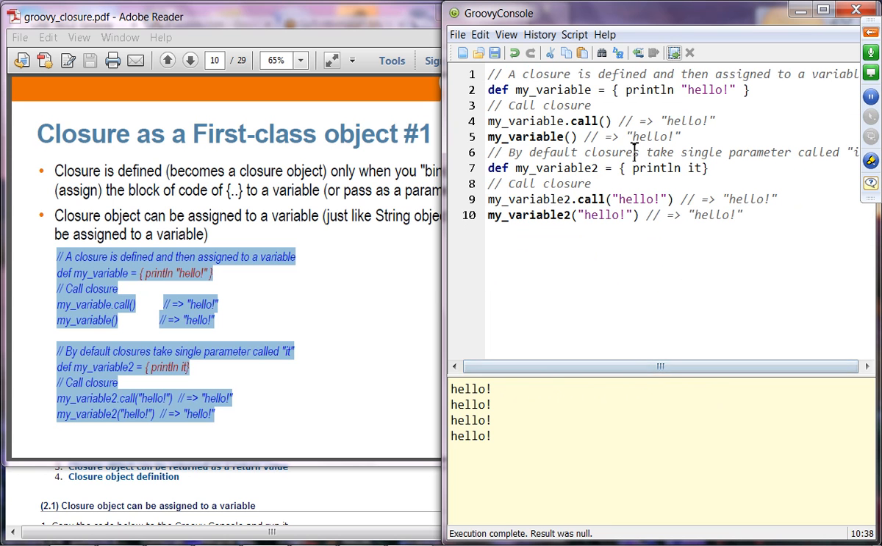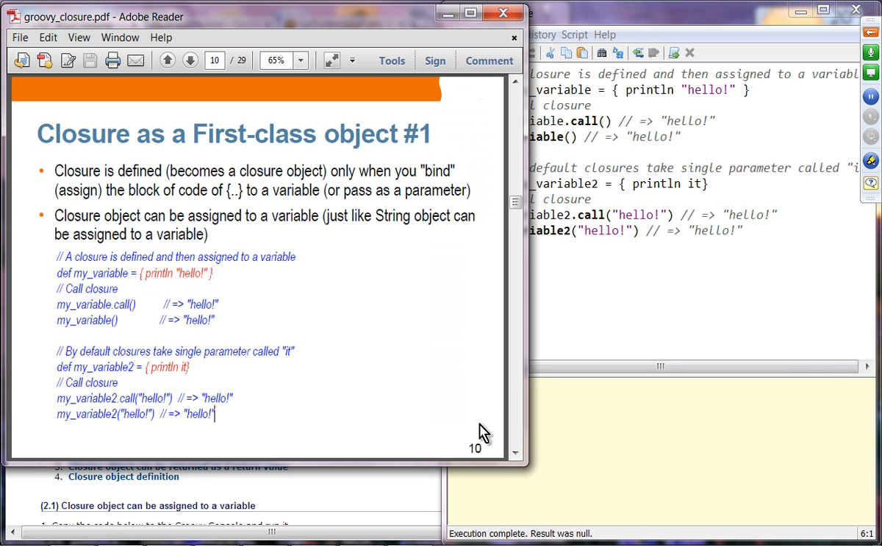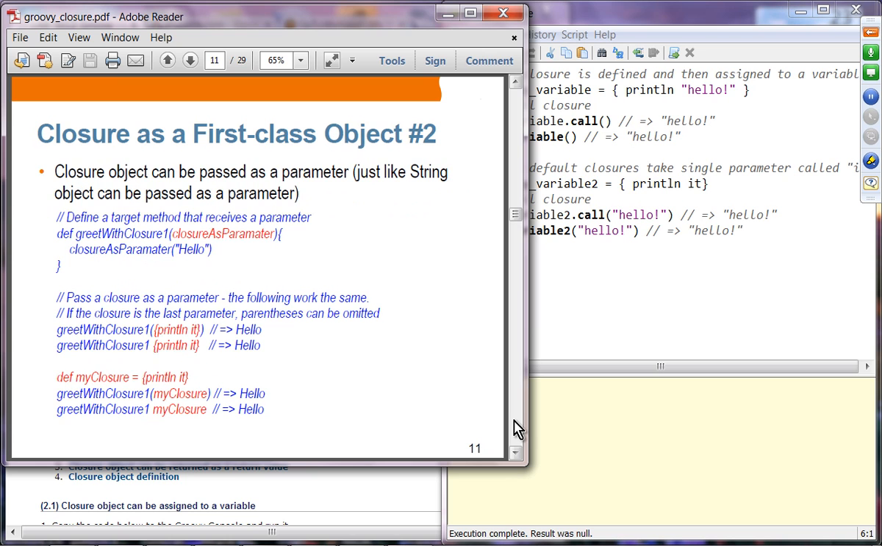Okay, and as expected, it returns the values. All right, so this shows a closure object is an object instance that can be assigned to a variable, just like a string object can be created and assigned to a variable. Now, next, closure can be passed as an argument or parameter, just like a string object